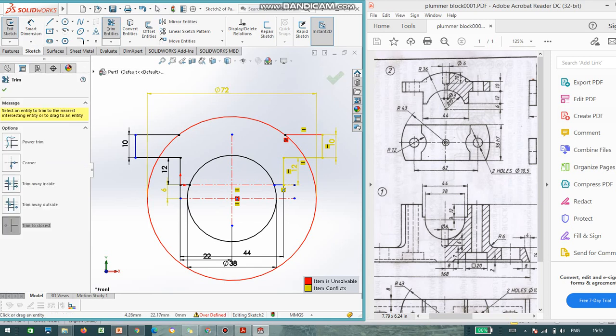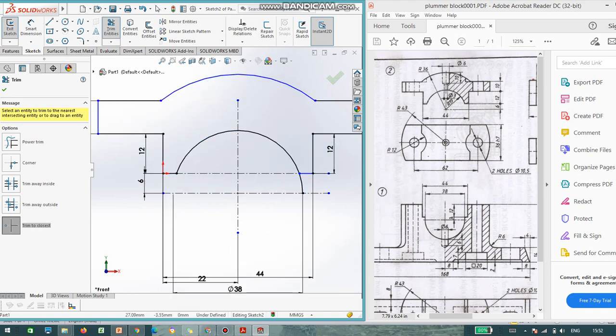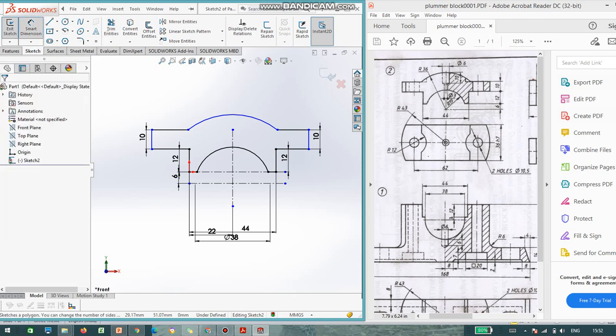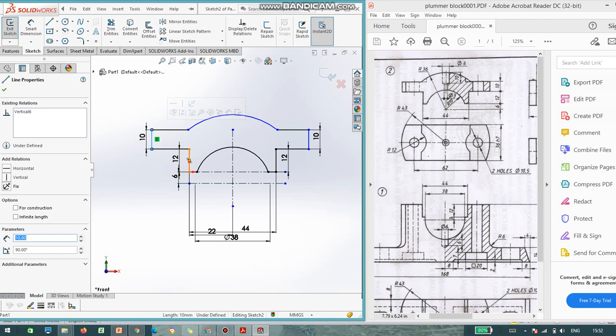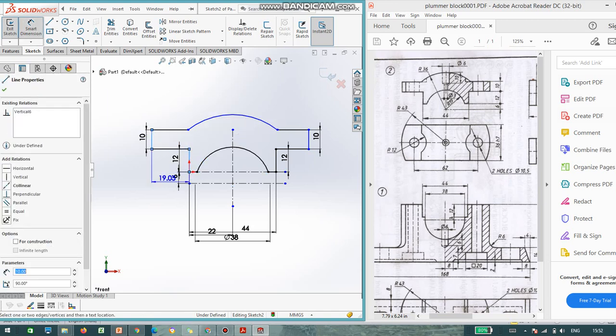Now I am going to trim it. You can delete the lines which are not required. Now you can see some of the lines are still blue color. So I am going to make it completely constrained by assigning the dimension. I will assign one dimension from here to here, let it be around 15.